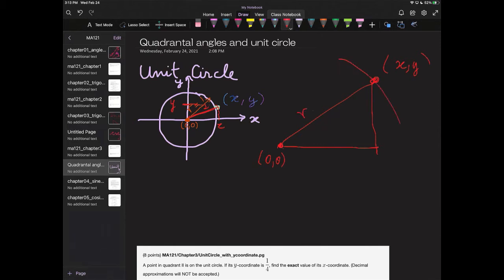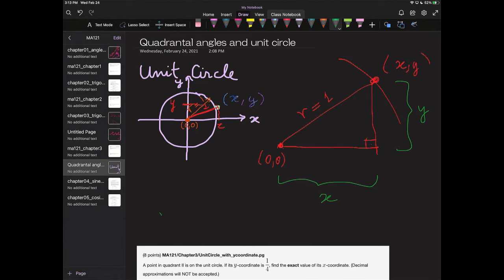And because the radius is 1, right, we have that this quantity right here, the horizontal quantity of this right triangle, which corresponds to the coordinates of the point in the Cartesian plane, is a quantity x. So this is the quantity x, and this is the quantity y in that triangle, right? So therefore, these three quantities, radius, x, and y, from the point on the unit circle, follow the Pythagorean theorem,